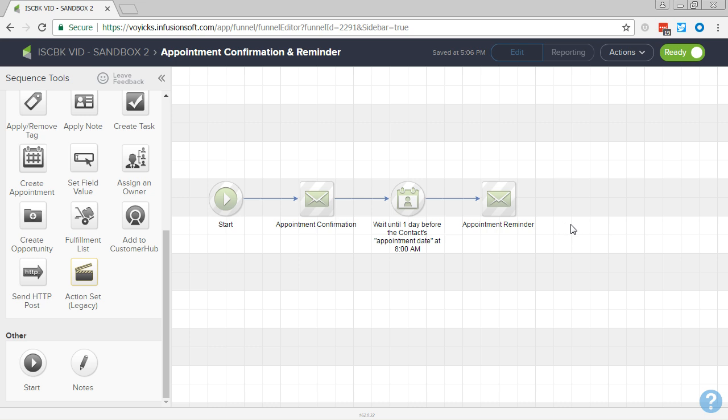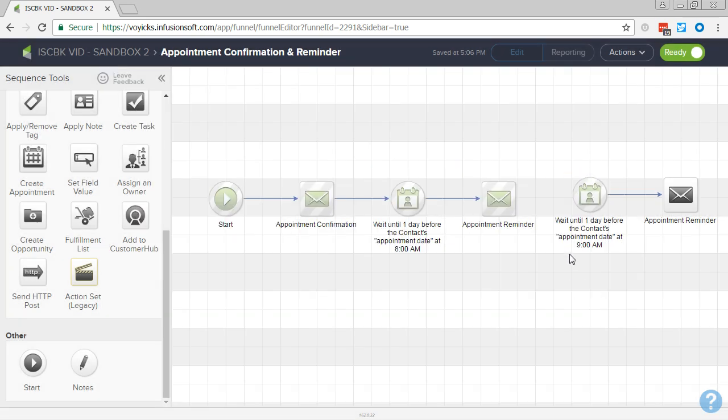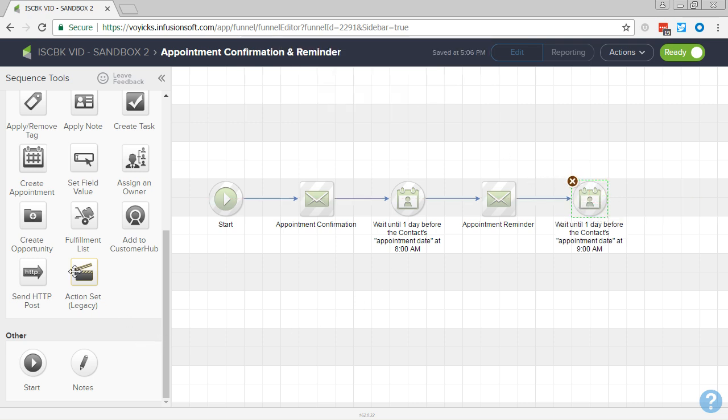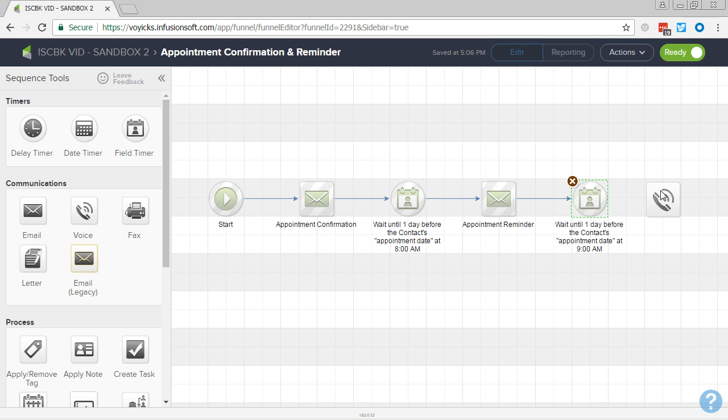what we can actually do, save ourselves some time here since we've already configured this timer, is let's make a duplicate of this, and let's have this go out at, let's say 9 a.m. So 1 hour after we send the email, we can now go ahead and incorporate a voice broadcast. So basically, the morning of, they would get the appointment reminder email, and then an hour later, we can play